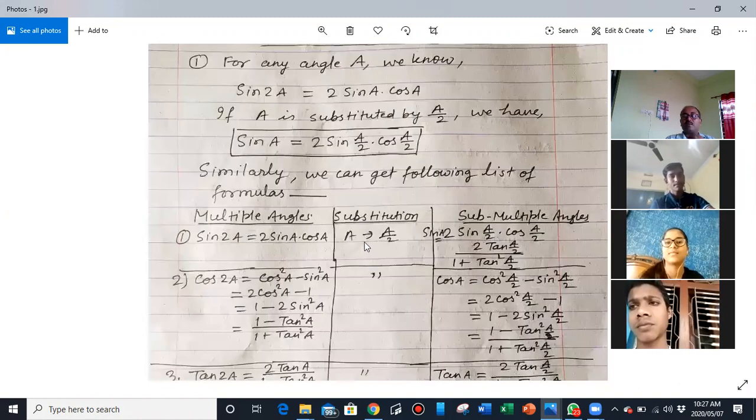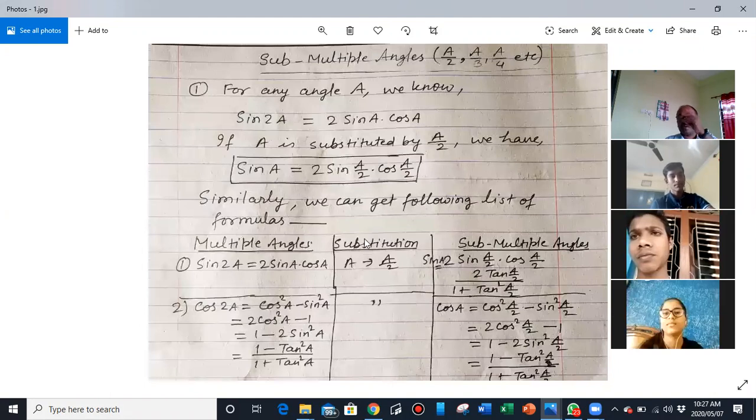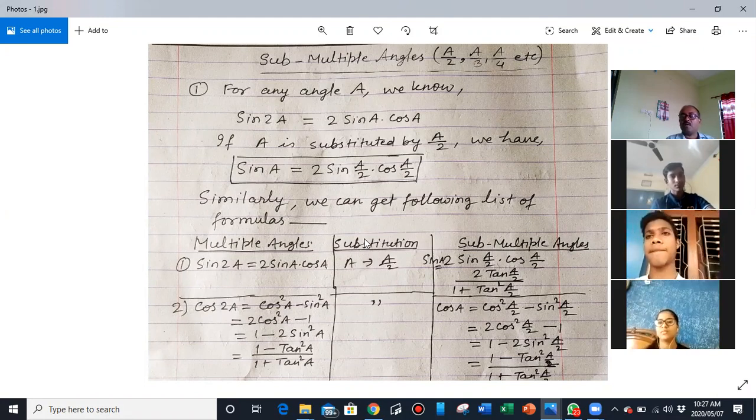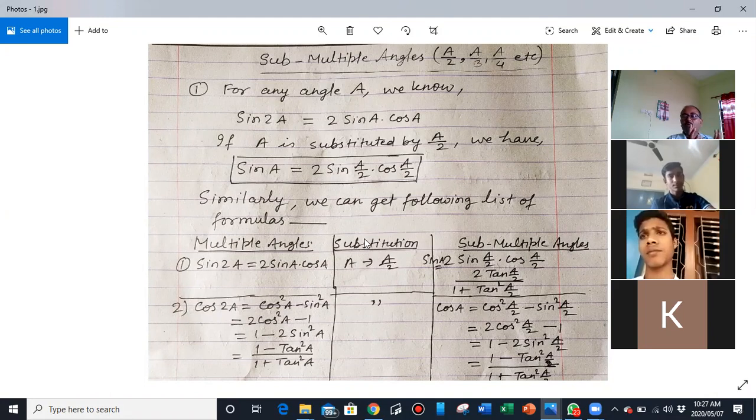It should be at the tip of your tongue because there are many hundreds of questions. Every time you cannot go back to the page of formulas in your copy or book. So it should be on the tip of your tongue, so that anytime you have to, you can reproduce it.